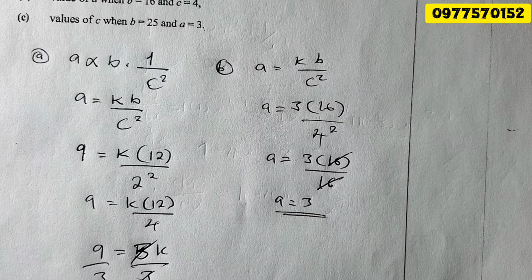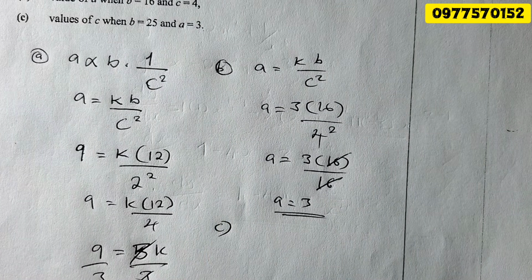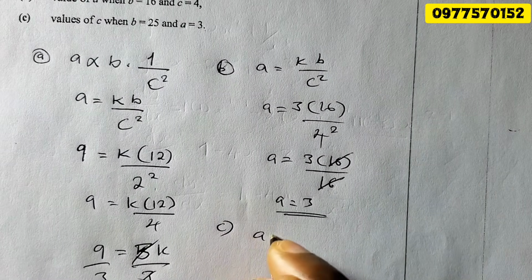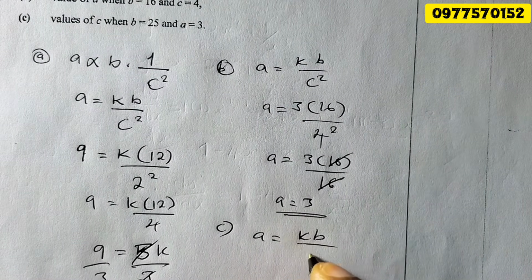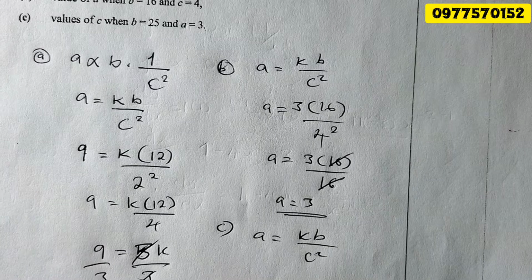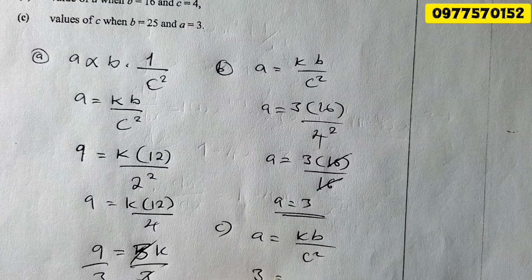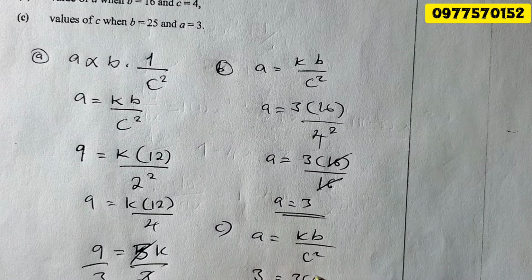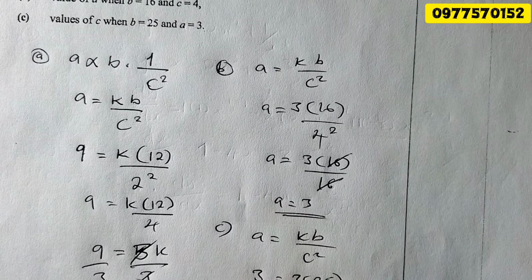Simple, right? So let's go to C. Find the value of C. The formula is A equals KB over C squared. The value of A is 3. The value of K is 3. The value of B is 25. And the value of C